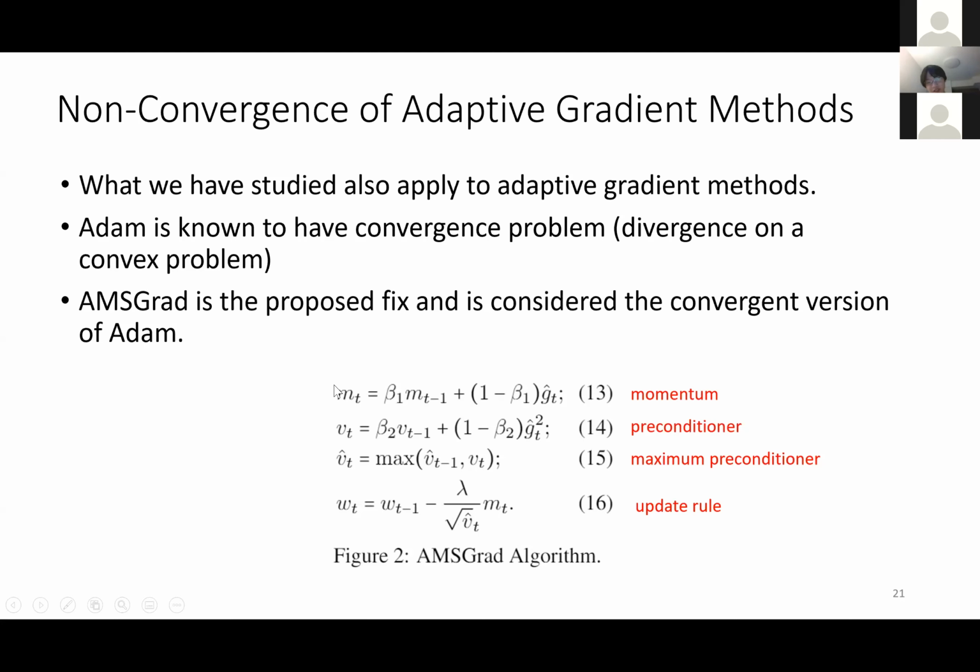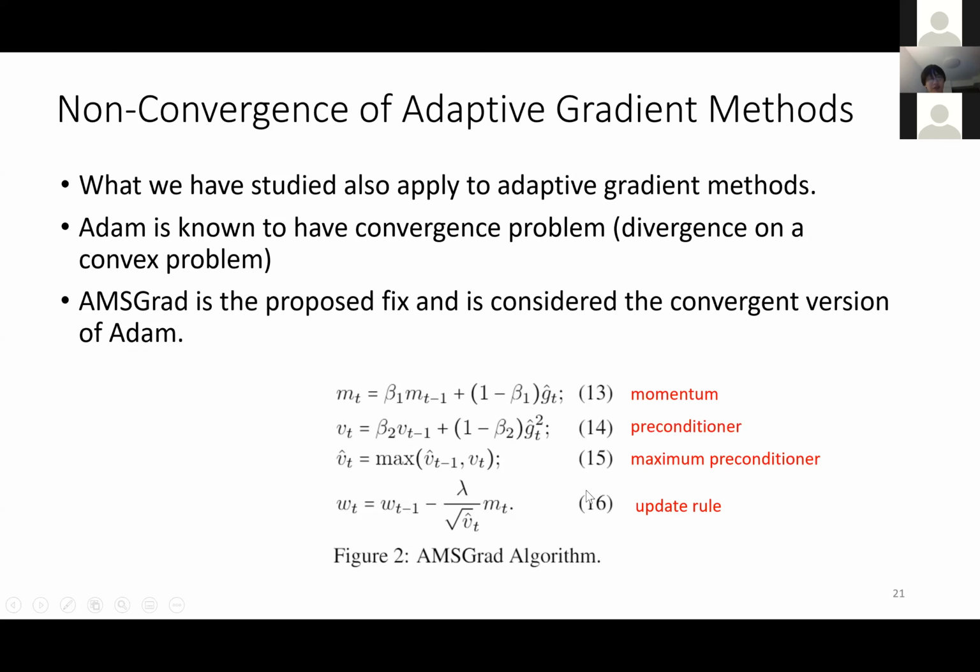and M is the momentum. V is the preconditioner, and beta 2 is the preconditioner hyperparameter. Equation 15 takes the maximum of all preconditioners, and 16 is the update rule. The crucial innovation of AMSGrad is equation 15, which guarantees convergence on a